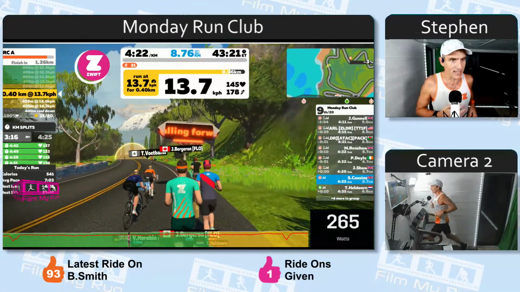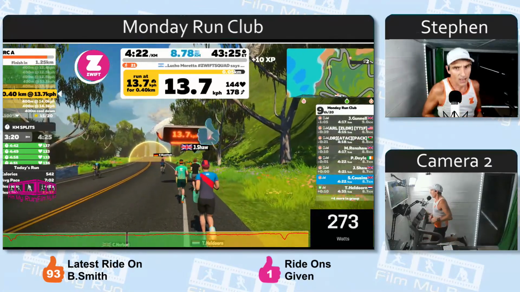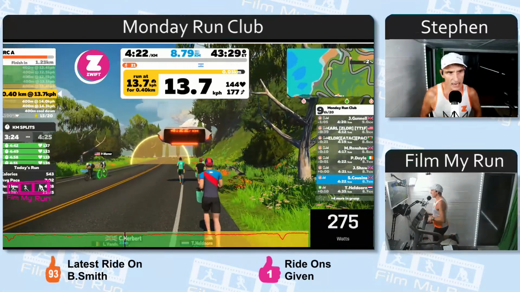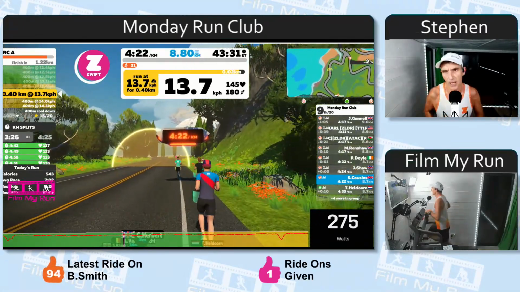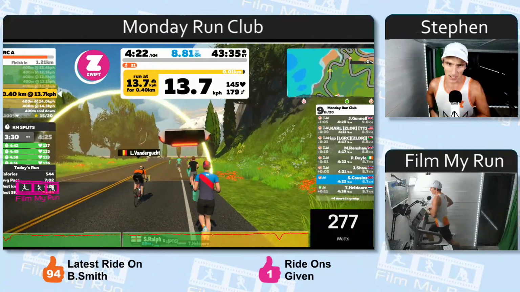Okay, so we've now got 3 sets left. 14 kilometers an hour, 14.3, and then even though it says 400 meter cool down, we all know it's 15 kilometers an hour.